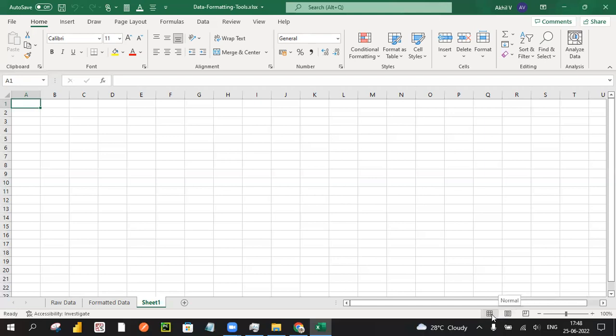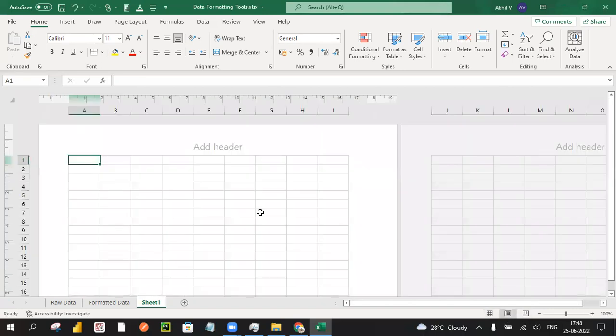Also see here, this is just to help you understand how our UI is going to look. You have the page layout option, or maybe the page break preview, that makes some kind of assumption to help understand. If I click on this page layout, it will just convert into this. So whatever information you are dragging or clicking on